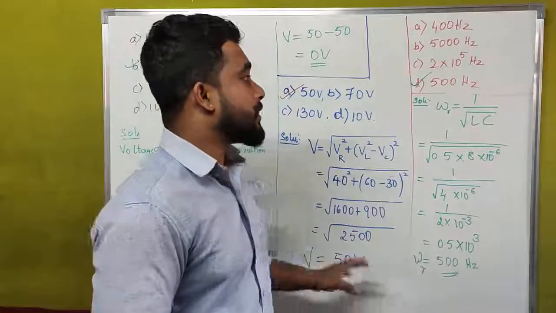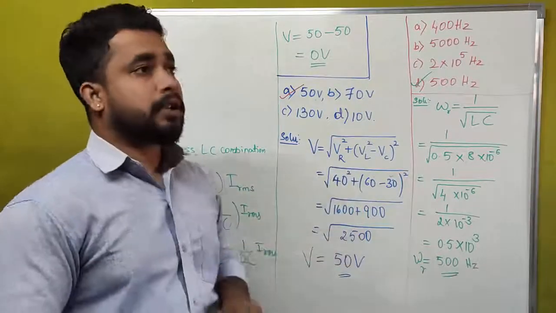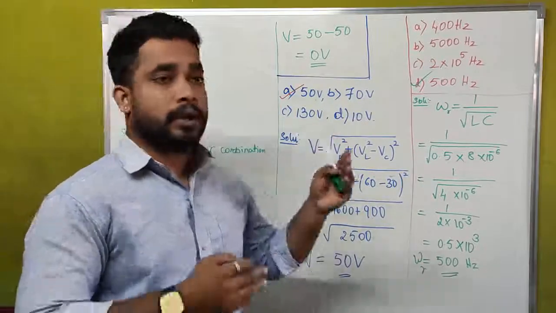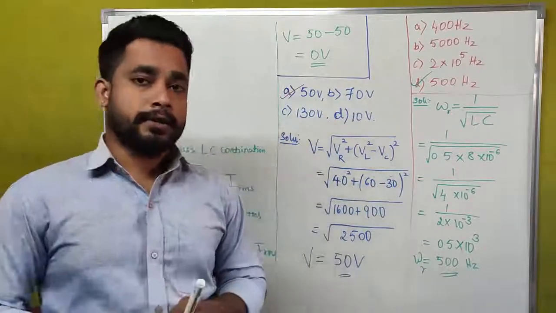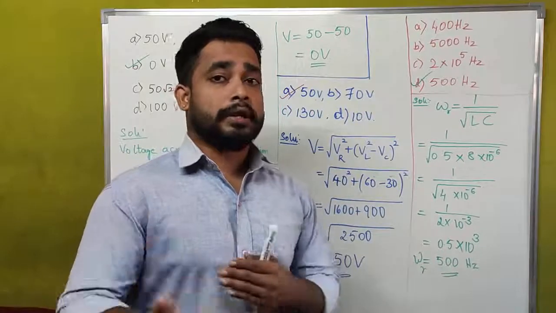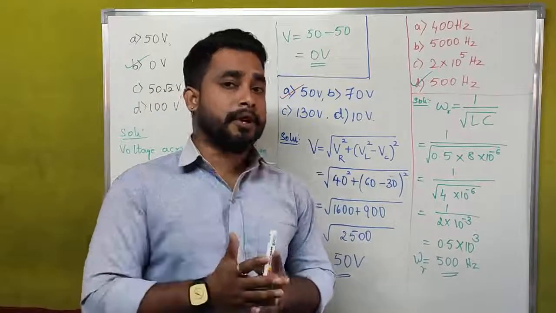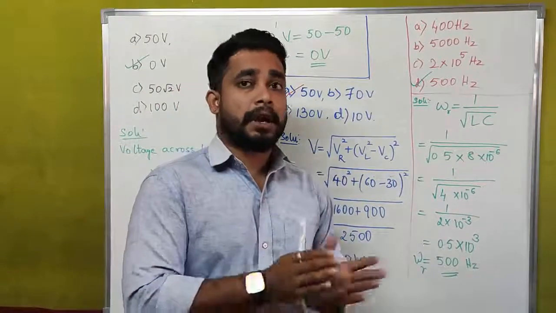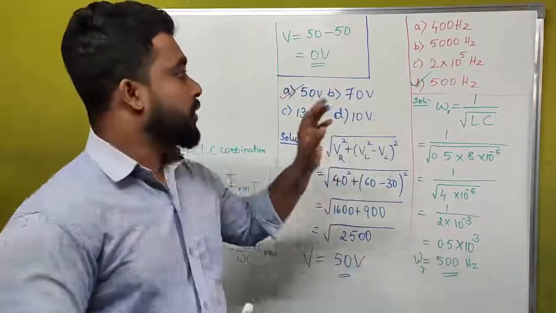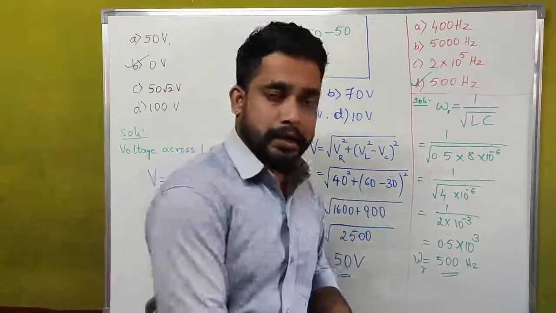This is how we are simplifying our multiple choice questions. In this chapter, direct questions are very few. We have to find out the value of resonant frequency or inductance or capacitance or resistance or current. This is how they are going to ask our questions. But here we have some more concepts, that is power factor, power dissipated. But in our syllabus they have removed those topics. That's why I am not doing questions related to those. I am only doing the retained portions of our alternating current.